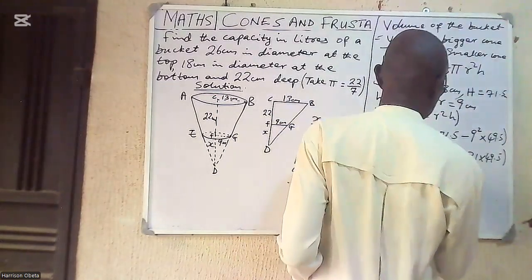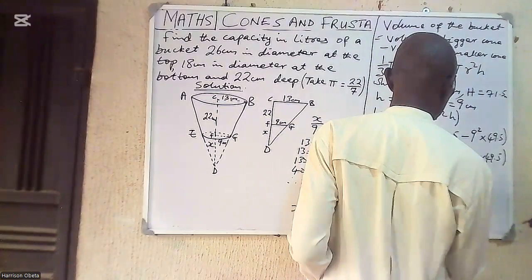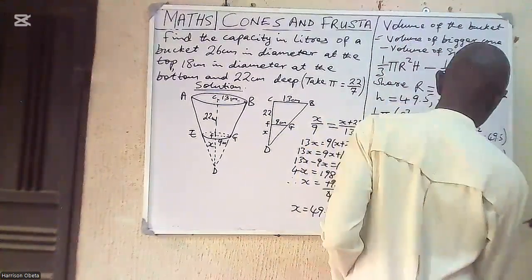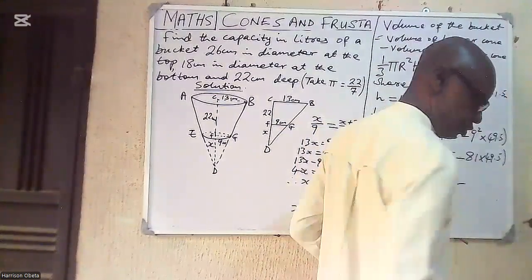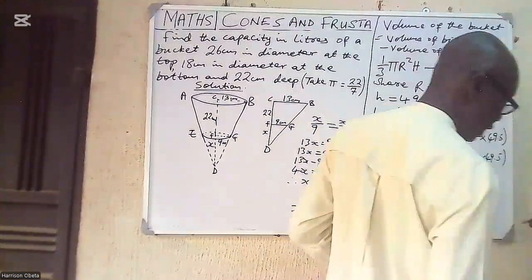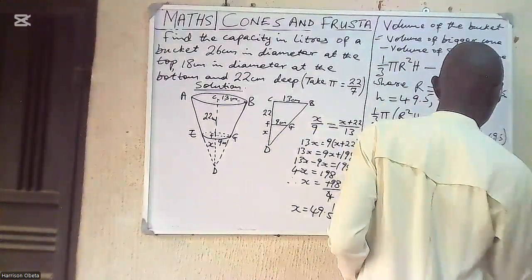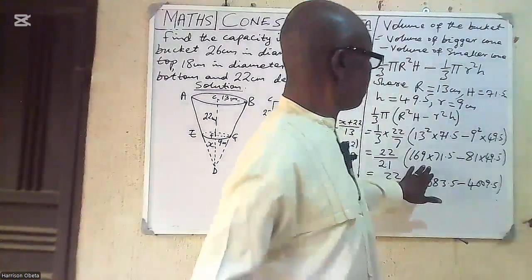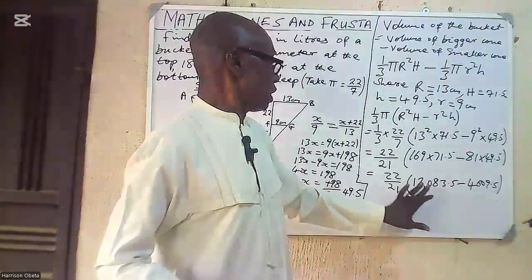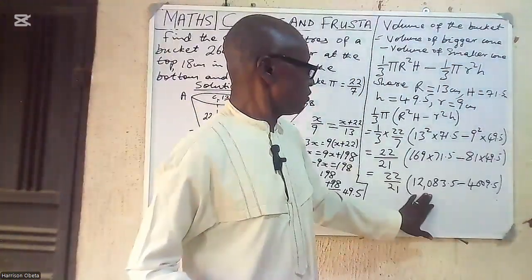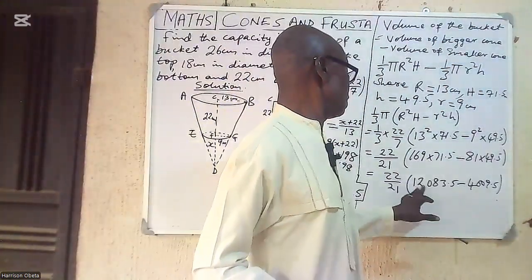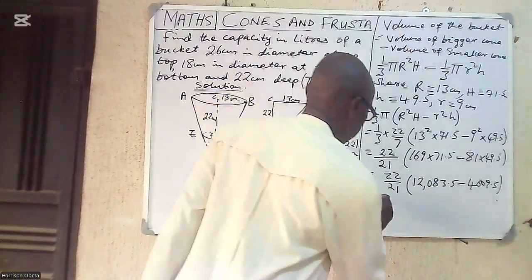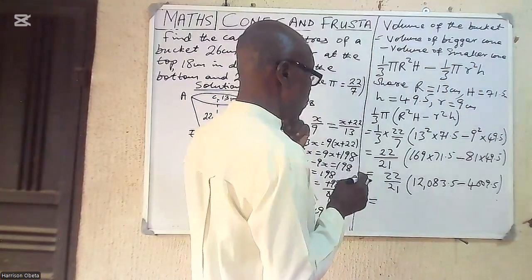12,083.5 minus 4009.5. That is after multiplying this and this, and also multiplying this and this, and you have this answer. So you subtract, and that will lead us to